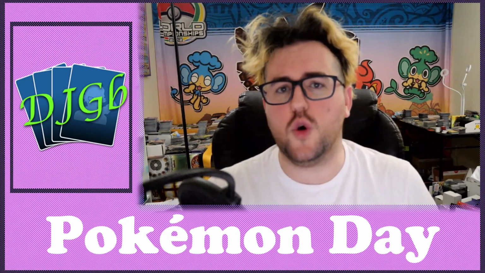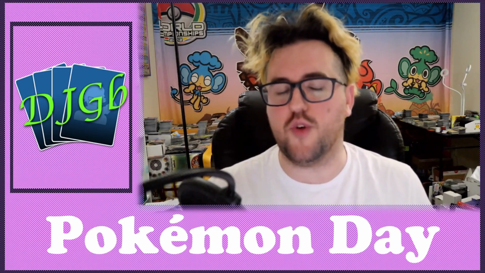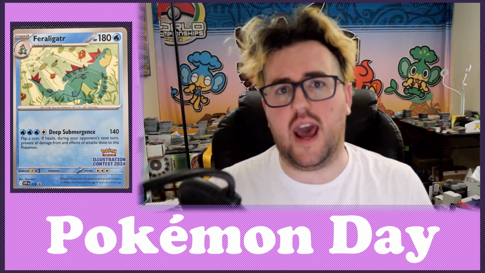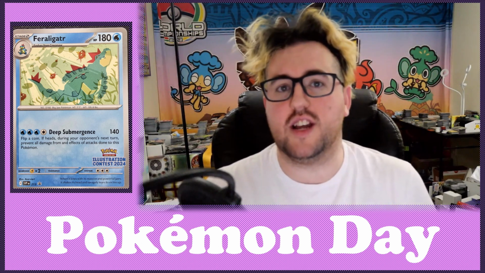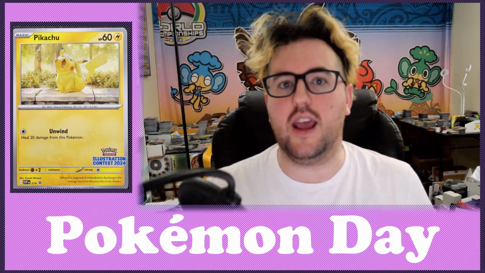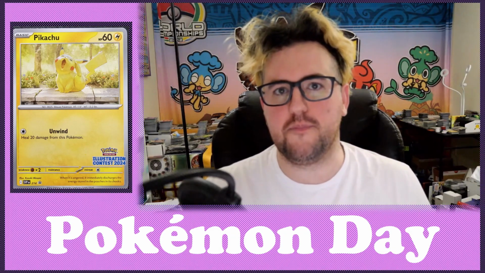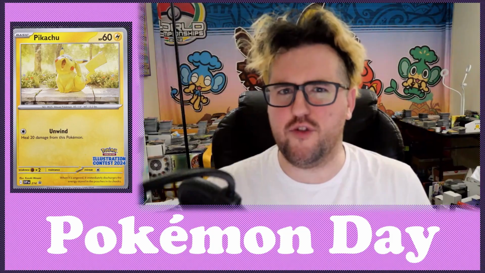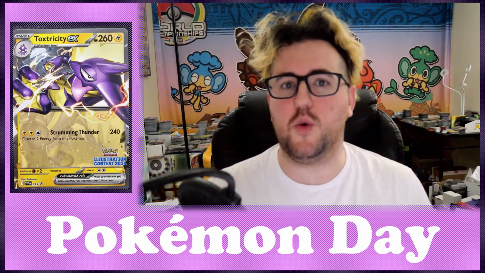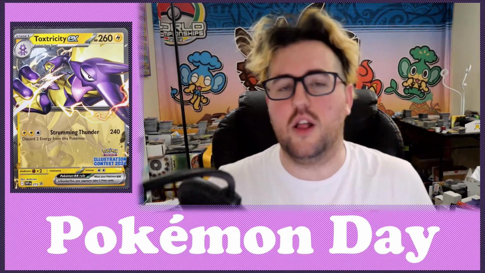In addition to this, stores are also going to be giving away the winning cards from the 2024 illustration contest. Those are Feraligatr, Pikachu, and Toxtricity EX. Now, for the previous illustration contest, the only way to get them was you had to apply on the Pokemon Center with your interest to get a code, and then the code would let you add a pack of these to your next order. I don't think it worked out too well for everyone. I think there was a lot of miscommunication, hurt feelings between a lot of people, so it's great they're actually getting some of these into local stores so players and people who support their local stores have more of an